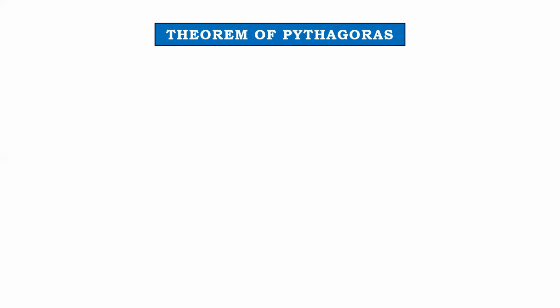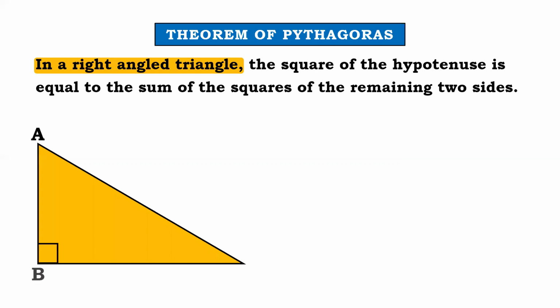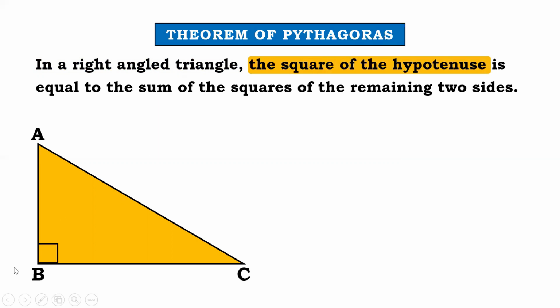So let us understand the theorem of Pythagoras first of all. Of course, right now we are not proving the theorem, but we are understanding when and how we can apply this theorem. Is it clear? So first of all, the statement: in a right angle triangle. So first of all, what do we require? A right angle triangle. So let us have a right angle triangle ABC as there in front of the screen. The square of the hypotenuse. Now students, it's a very important thing to know what we mean by hypotenuse. Hypotenuse is the side opposite to the right angle. So students, if B is the right angle, opposite to angle B is side AC. So we say side AC is the hypotenuse.